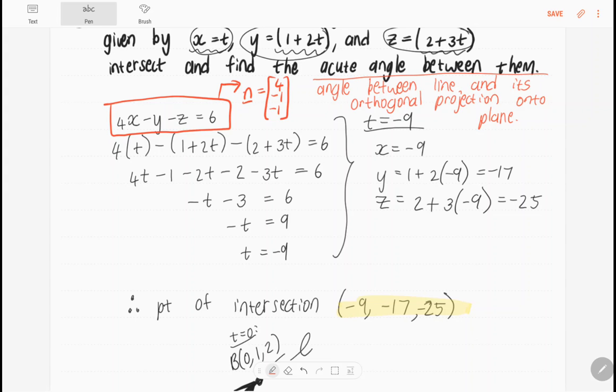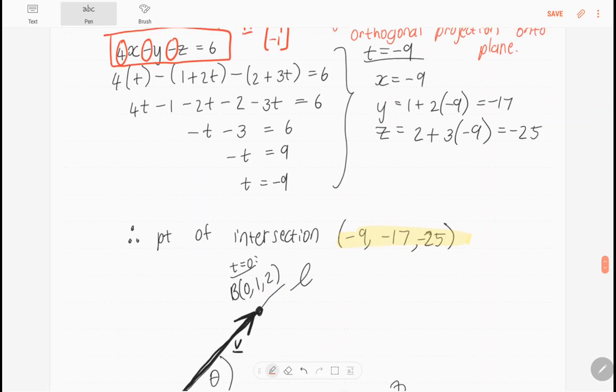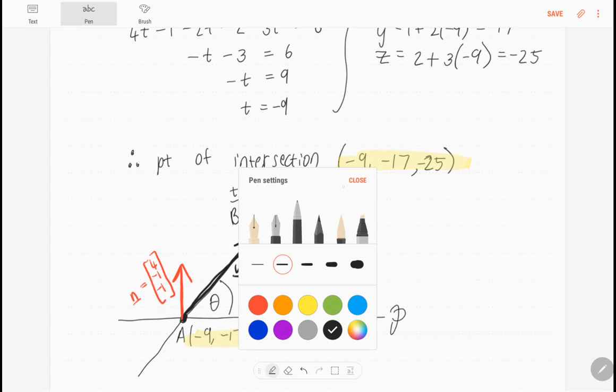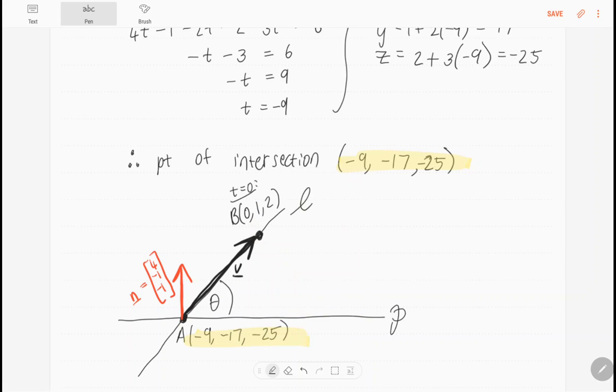Where did I get that? Well, it's just the coefficients of my x, y, and z. So, I know that I can draw a normal vector anywhere on this plane, and this normal vector has components (4, -1, -1). So, if I can now firstly find